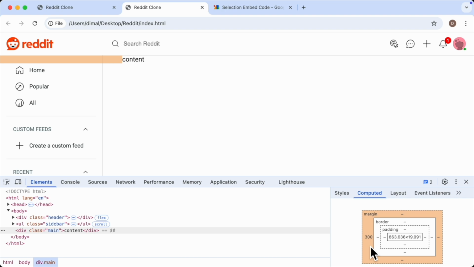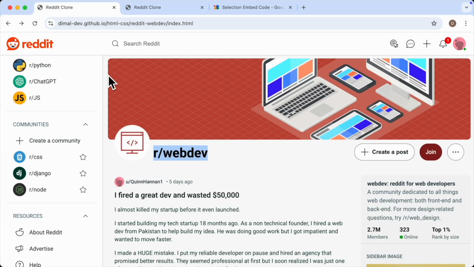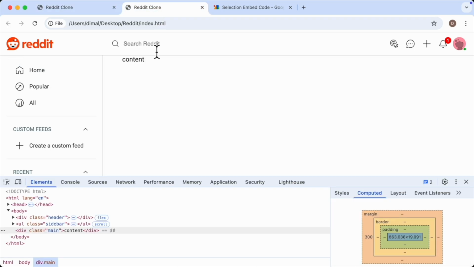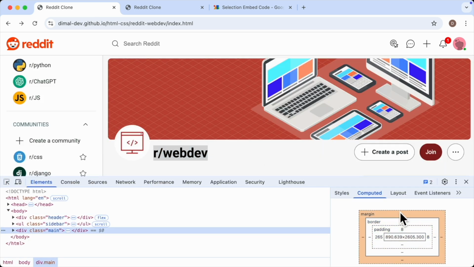In most cases, it doesn't matter whether you use margin or padding. But here we're going to need the padding and not the margin, because of this subtle background that we'll add later to our main content. So I'm going to undo this and we'll use the padding, reload our page. Good. Now let's adjust the padding to make sure that we're using the correct value, and we'll get it from